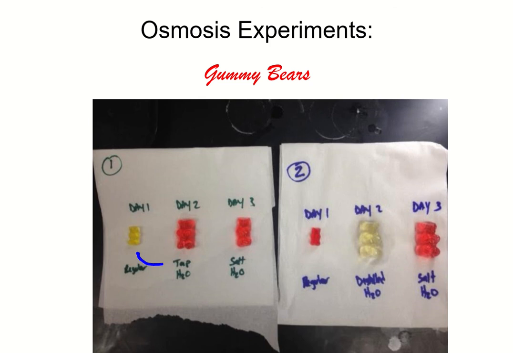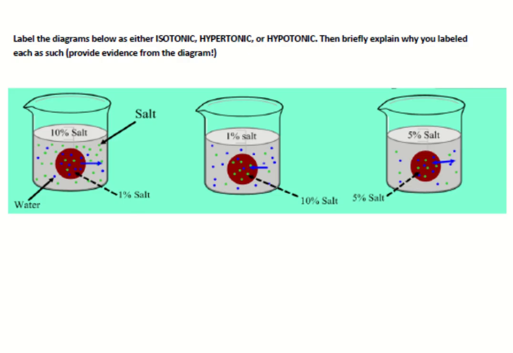So from day one, we put it in a hypo solution, and it got bigger in comparison. Day two, we put it in a hyper solution, and you can see that this is a little bit smaller than that. It decreased in size because water was lost with what was happening. So, in summation, isotonic, hyper, and hypo, whenever we are looking at solute concentration to figure